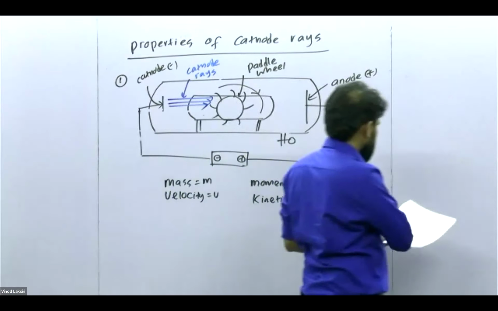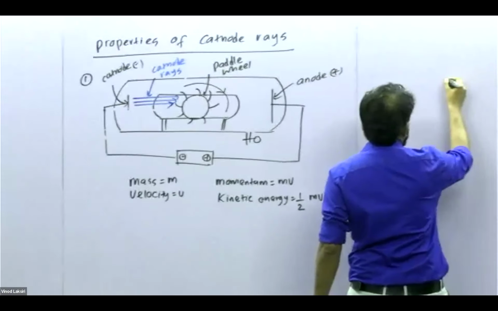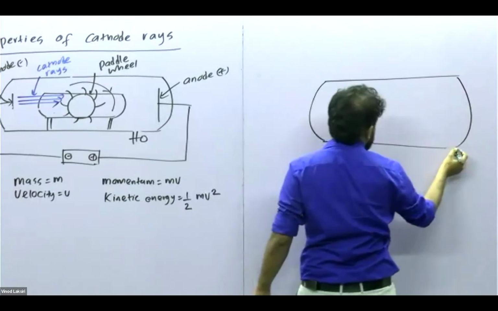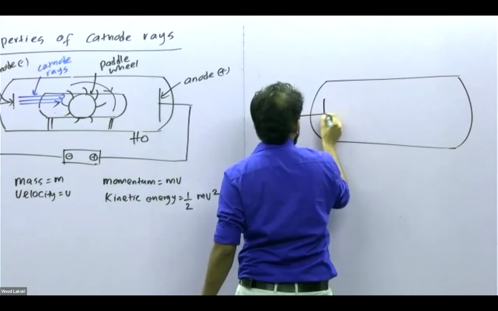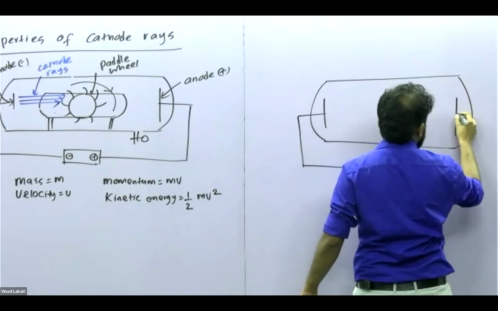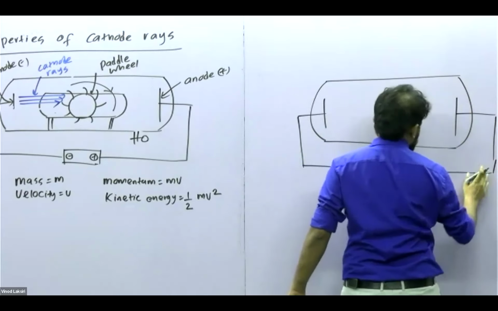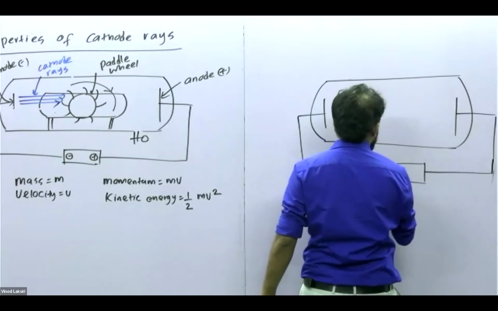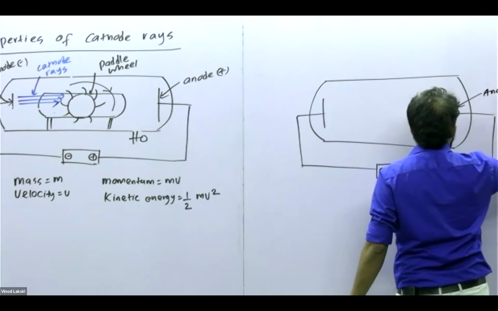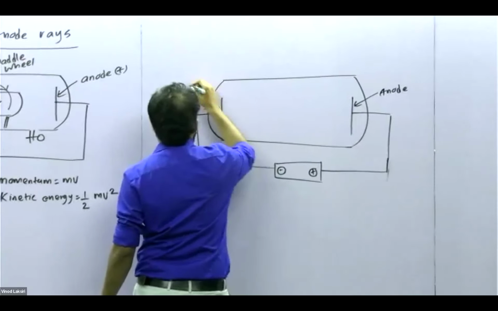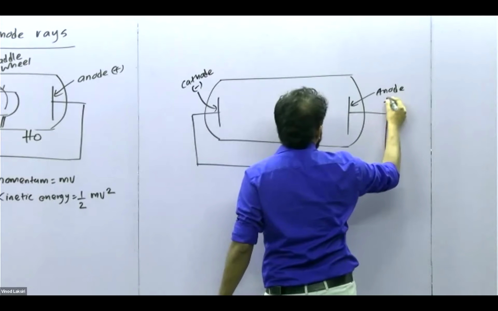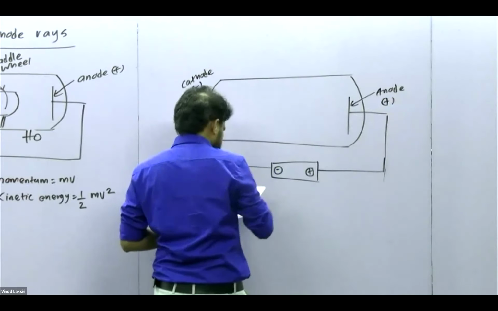Right, it's the first one. Then second one, in the path of this cathode ray, a magnetic field. What do you mean by magnetic field? This is a setup. Negative, positive, anode, cathode, negative, positive, then